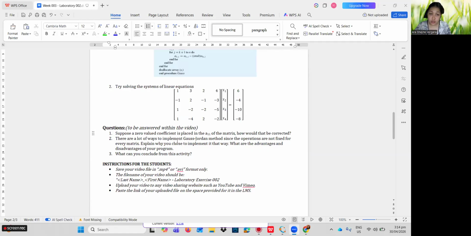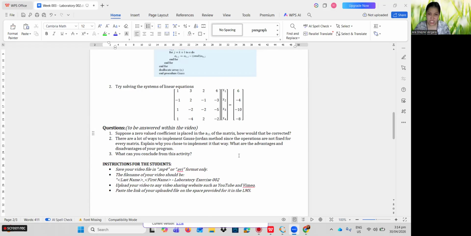There are a lot of ways to implement the Gauss-Jordan method since the operations are not fixed for every matrix. Explain why you choose to implement it that way. What are the advantages and disadvantages of your program? I have discussed earlier that I use row normalization, which is making the diagonal one, that is making the pivot equal to 1, and row elimination, where we make the column 0.